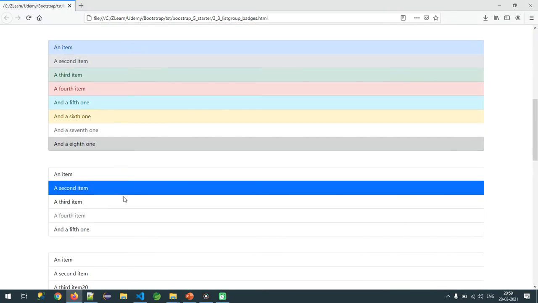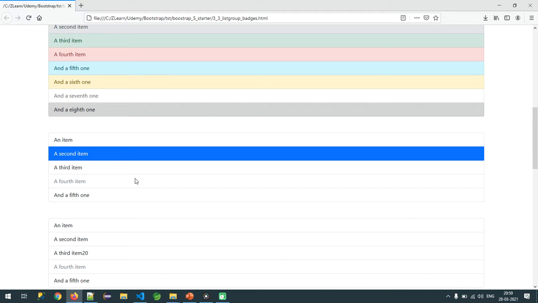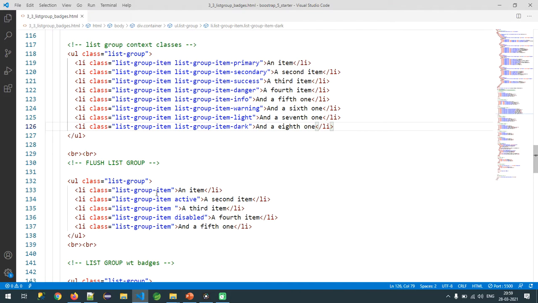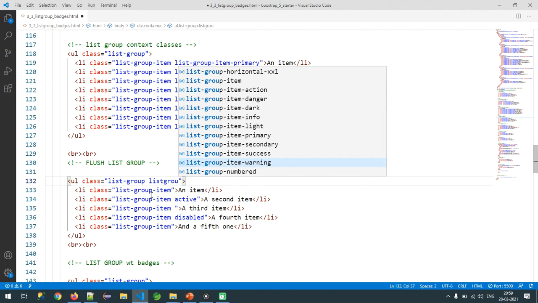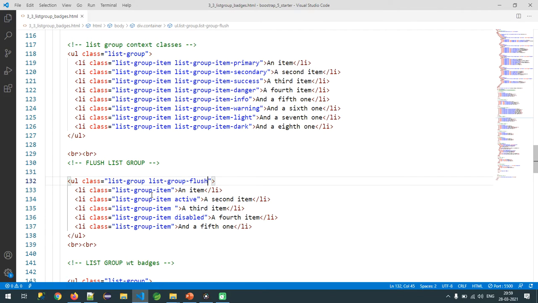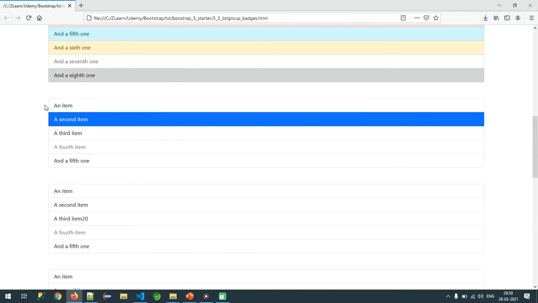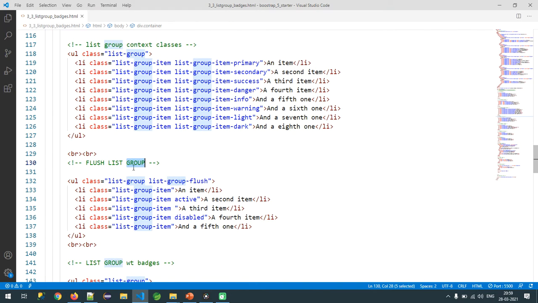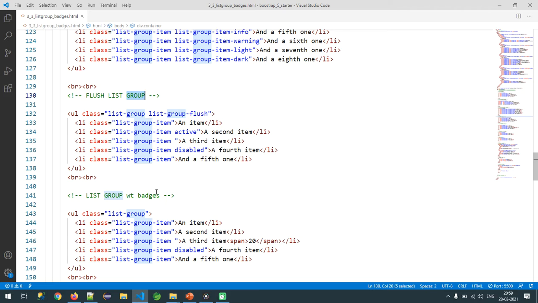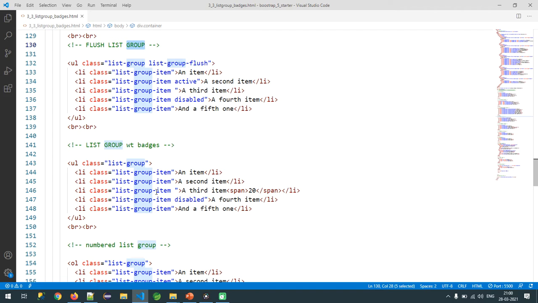The next one I'm going to talk about, sir: okay, I like the look but I don't like the borders when we want to display inside a container. How is it possible? So observe, list group flush concept is there. Now you can see for this one a border is displaying. Let me refresh. See, sir, the border is gone, or not? The border is gone. How is it possible, sir? By using the concept, flush. List group flush.